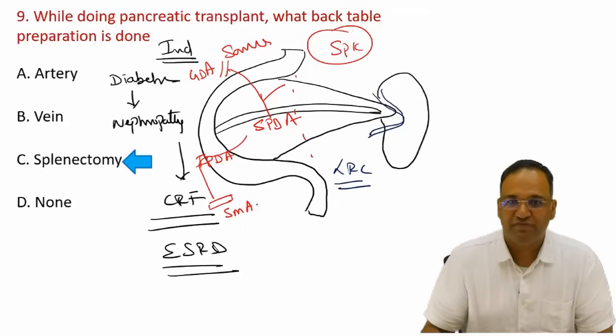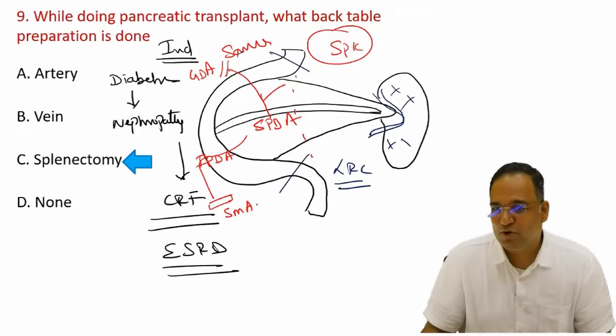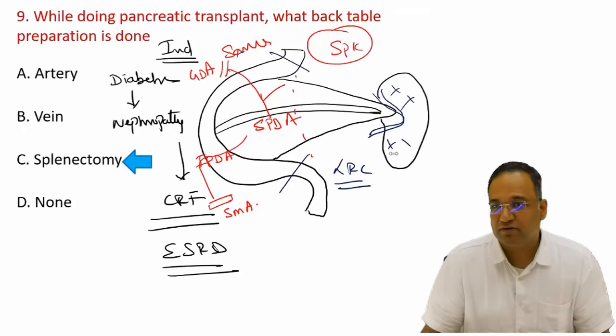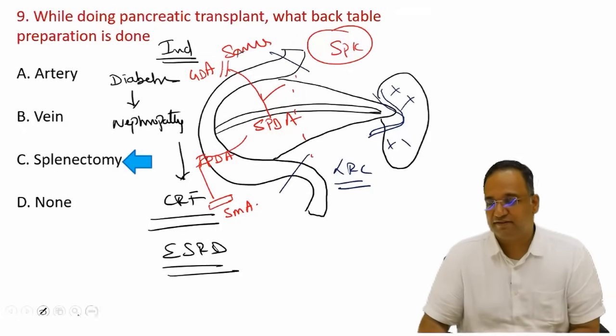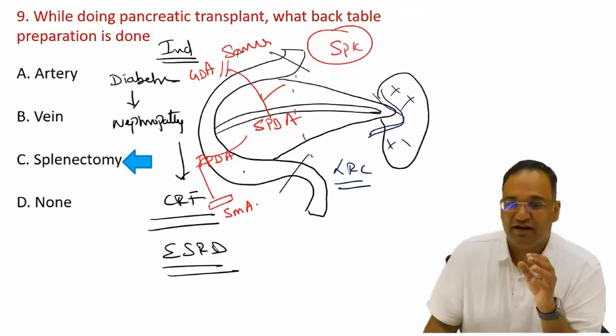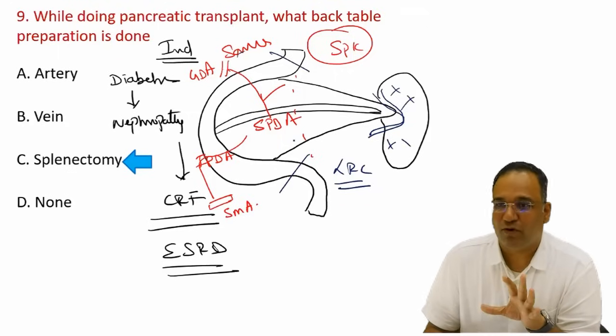Now, what you do is you will trim whatever you want in the duodenum, put a stapler, and then you cut this spleen into pieces without touching the tail of pancreas. Don't touch the tail. No touch technique. And then with the superior mesenteric artery and the splenic artery, you make a Y connection for the arterial